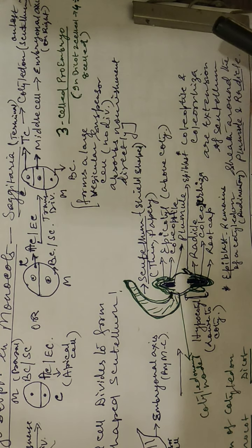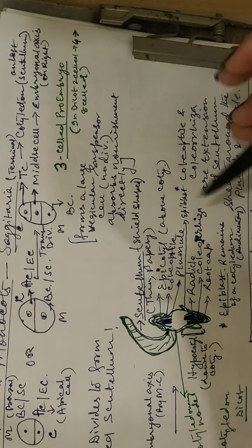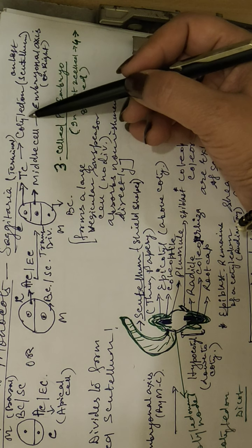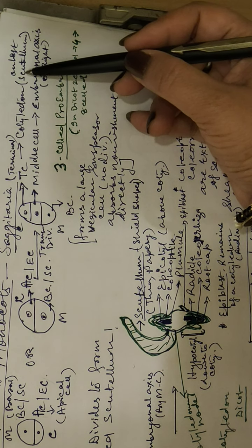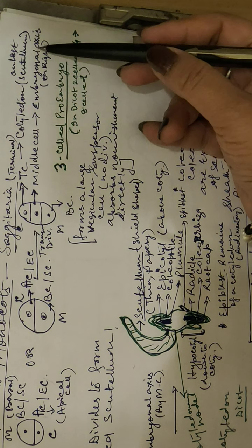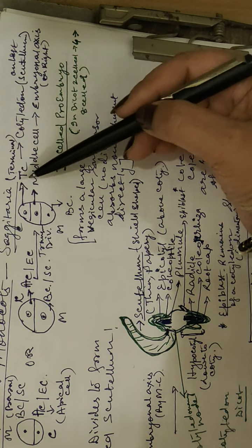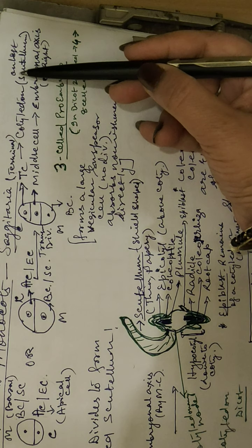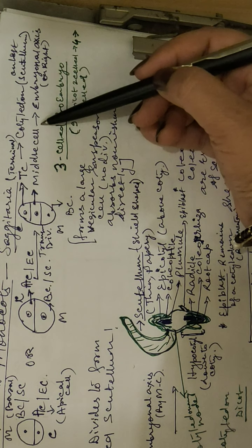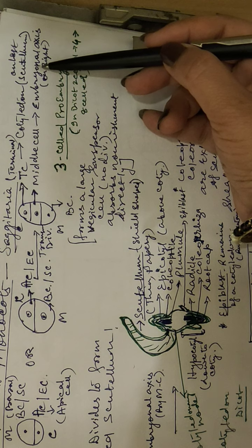Now what are their functions? As you can see, I have already written it here that the terminal cell forms a cotyledon which is called scutellum. Middle cell forms the embryonal axis. Now the development would be such that the terminal cell starts growing a bit towards the left-hand side, and that forms a scutellum, whereas the middle cell overgrows towards the right-hand side and it's going to form the embryonal